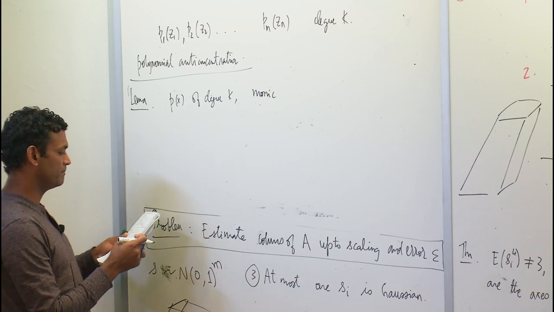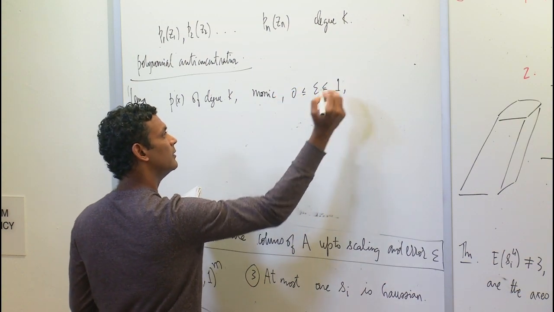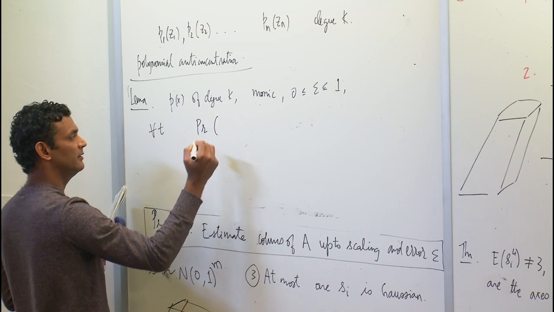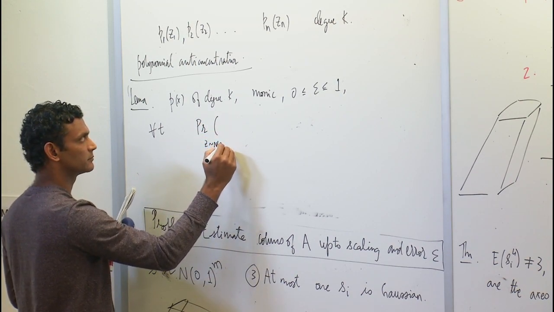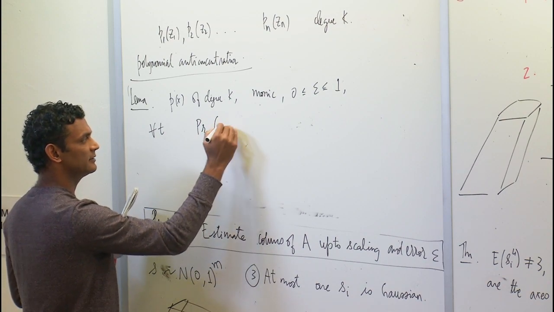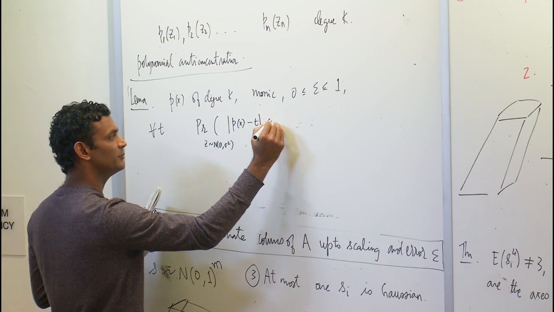And then for any epsilon that's between 0 and 1, and for any t, the probability when you pick z from a Gaussian, 0, sigma squared, that the value of the polynomial is close to t, closer than epsilon to t,